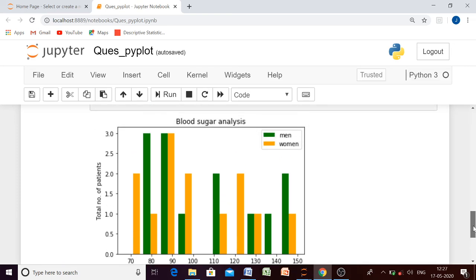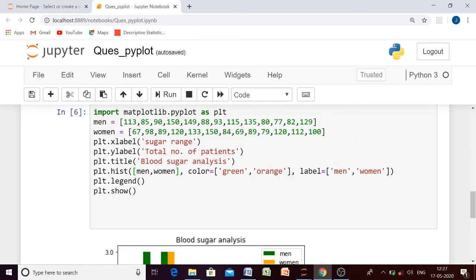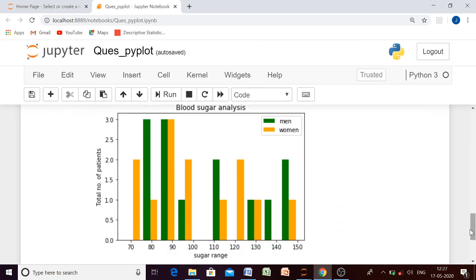You can easily identify that in this range there are no men. If you see the data here, the lowest value is 77 and below 77 there are no men. That's why we do not have any green bar here. Similarly, within this range we don't have data for men as well as women. Here also we don't have data from the men's side.